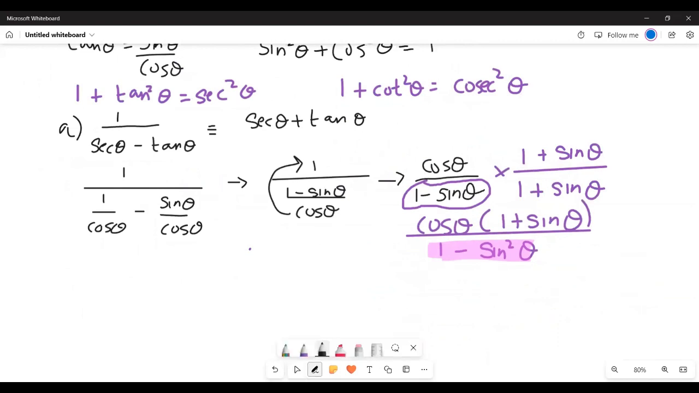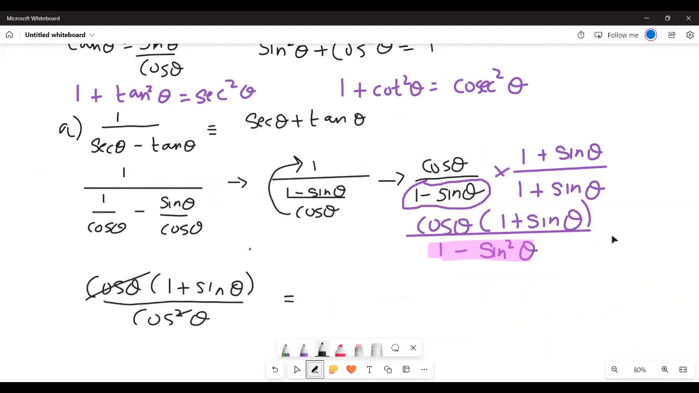So cos theta times 1 plus sine theta upon cos square theta. So this and the square cancel out. So I'm going to split the denominator now: 1 over cos theta plus sine theta by cos theta,